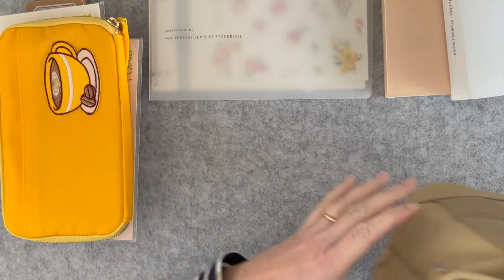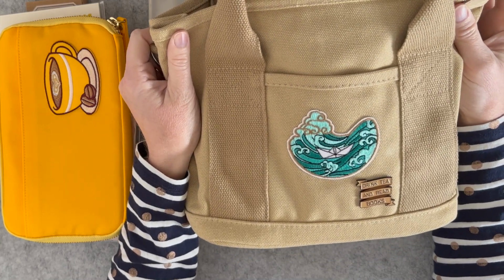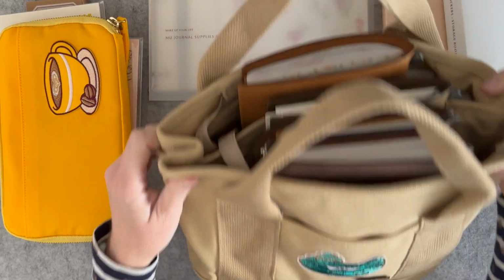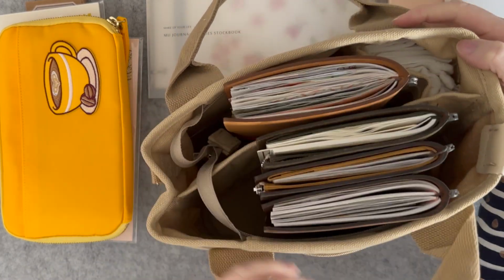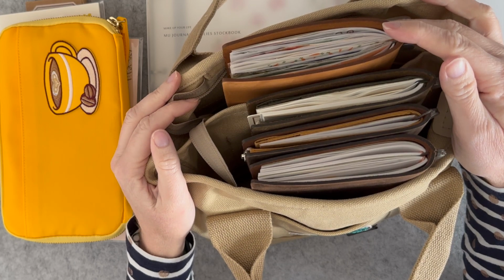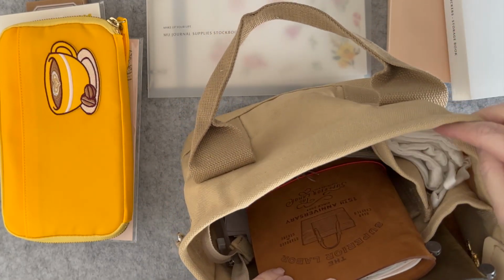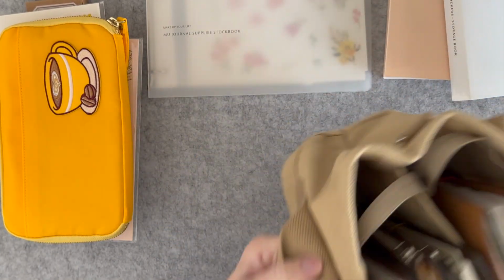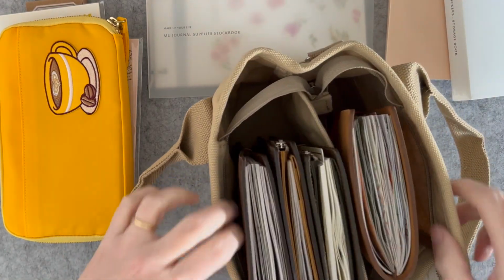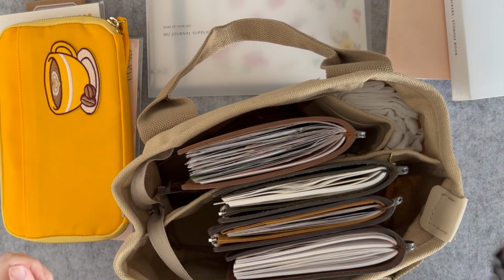The whole reason why I went on Temu was because I wanted to buy myself a journal tote to take along to our Southeast Queensland journal keepers meet up. We're having a big one in a few weeks for a few hours, and I'm really looking forward to catching up on my July monthly journal and maybe do some ink swatching and so forth. And yeah, so I just have it on my desk at the moment because it's actually quite a nice display for my journals. Like, so I'm sitting here looking at it like that,